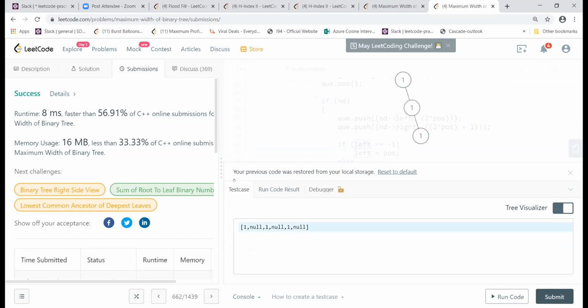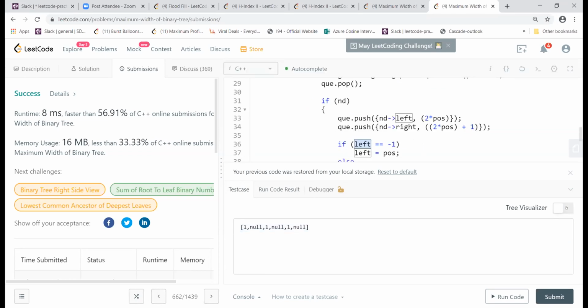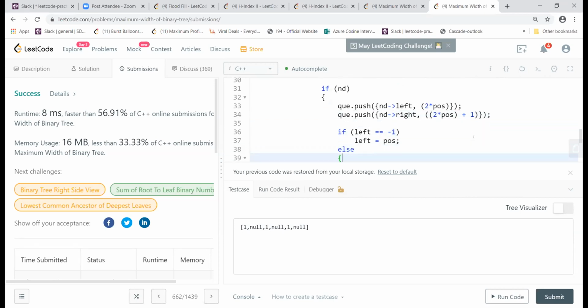So it is always going to be level plus 2, position plus 1. So first it will be 0, 0 plus 1, which is 1. And left is also the same, because you have only one node there, so whatever value you have, you will always be there.